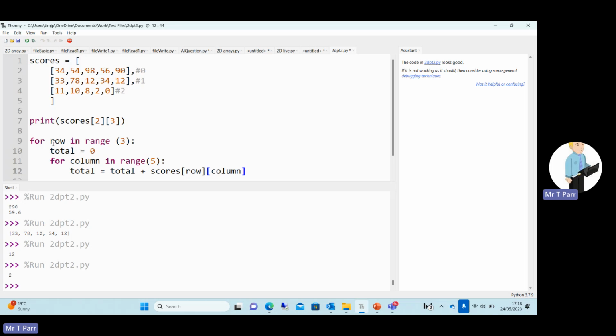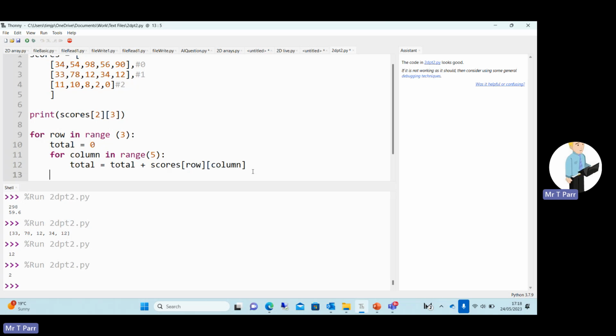Okay. So what it's going to do, if you think about it, this row starts off as 0. Okay, so it's going to be looking at this row here. Okay, the total set to 0. For column in range, so for each column, the total is going to be the total plus scores, row 0, column 0. So it's going to take the 34 and then add it to the total. And then column goes up by 1. So it's going to be row 0, column 1, 54. It's going to add it. Okay. And then row stays as 0, column goes up by 1, 98. That gets added to total, 56, and then 90. Okay. And what we can do then, we could then print